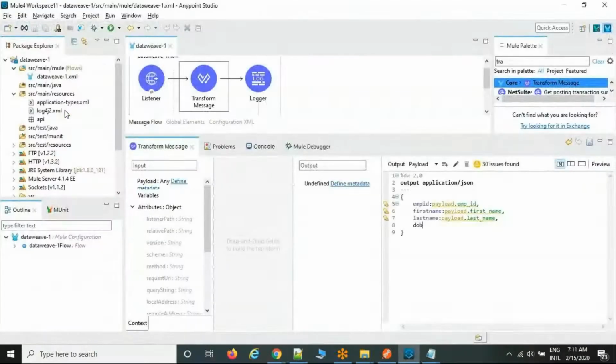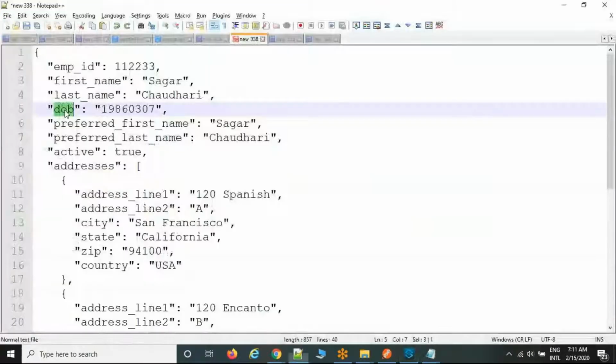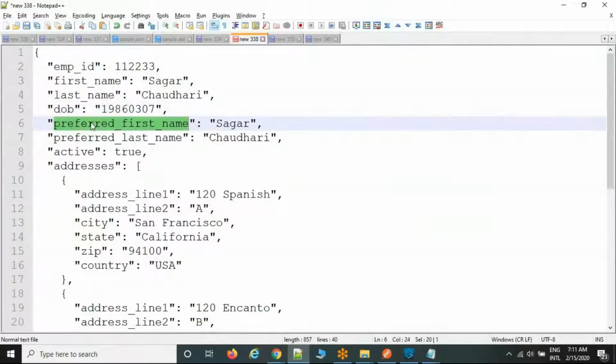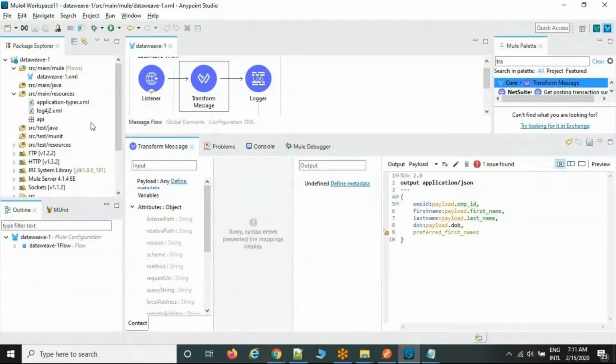DOB, payload dot DOB, comma preferred first name, payload dot preferred first name. Removing this one as well.